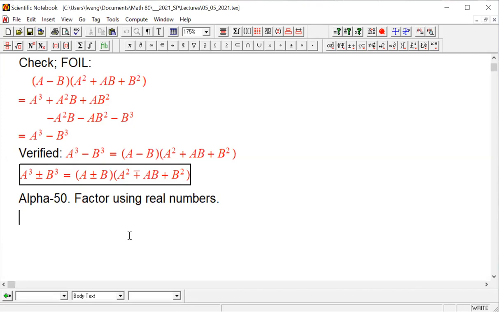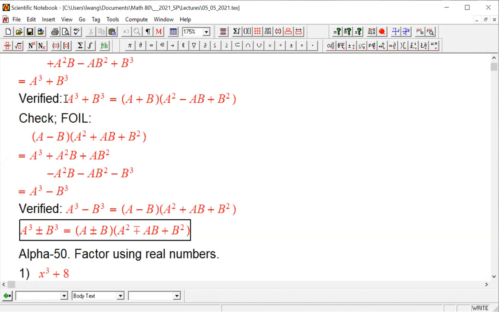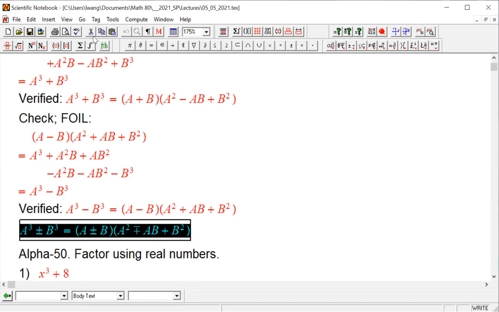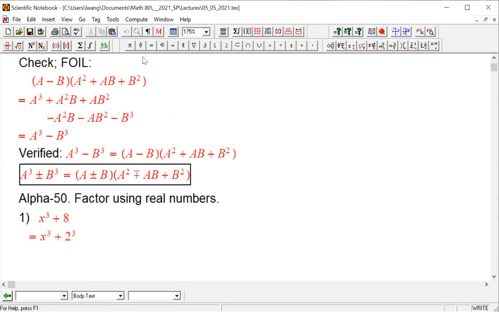I'm going to show you with one example. The first one, x raised to the power of 3 plus 8. That's the first one. Apparently, this can be written as x raised to the power of 3 plus 2 to the power of 3. So we could use this formula. We can use one of these formulas. The formula that could apply to our situation,